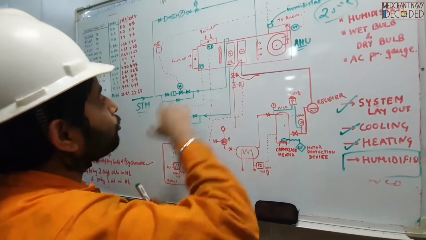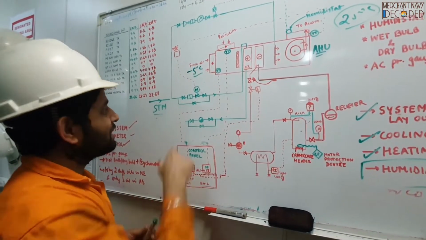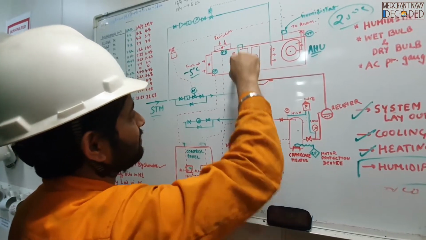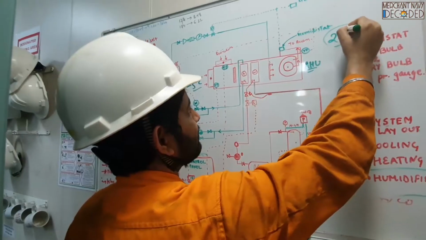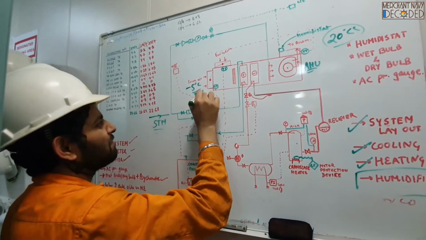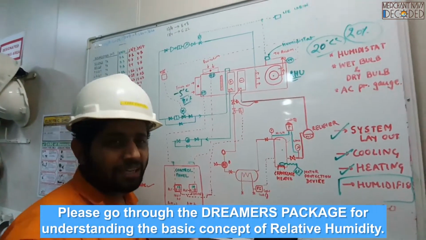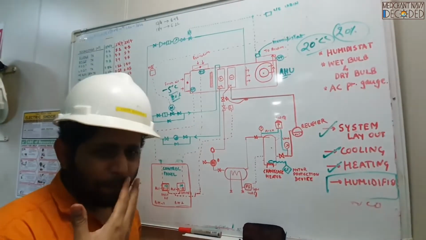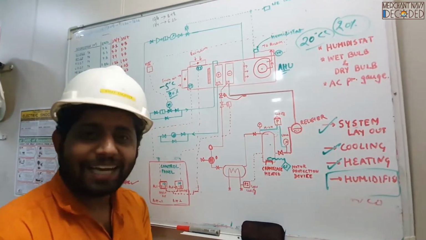But when we go into a cold climate, when the temperature outside is say minus 5 degrees centigrade and you are giving heating over here, when you heat this minus 5 degrees centigrade air to 25 degrees centigrade, say 20 degrees centigrade over here, the relative humidity, say 80% over here, will drop to 20%. And guys, this 20% relative humidity is not good. It is very dry air. Your lips, eyes, all are going to scratch. Your skin is going to become very dry, very itchy.